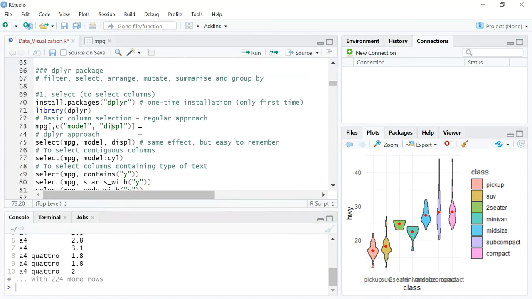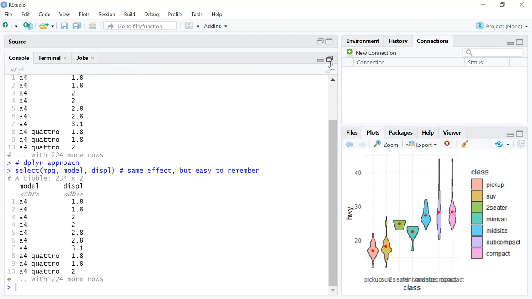Now, why should we use dplyr, right? I don't really need to remember all these complicated combinations. If I'm using dplyr, I can think of it like basic English, right? So what am I trying to do here? I'm trying to select certain columns. So using the dplyr package, once I call the library function, I can just use select and then mention the name of the dataset, and then without double quotes, I can just mention the names of those columns, and the effect is the same. Right, so if I run this line of code, line number 75, I will pretty much get the same result, and it is even easier to remember, right?